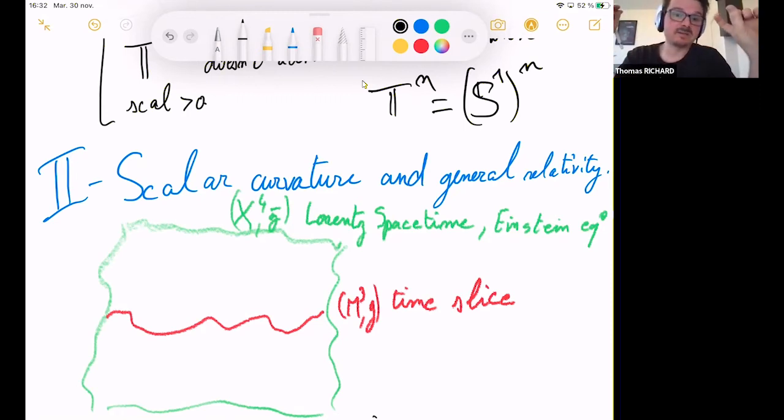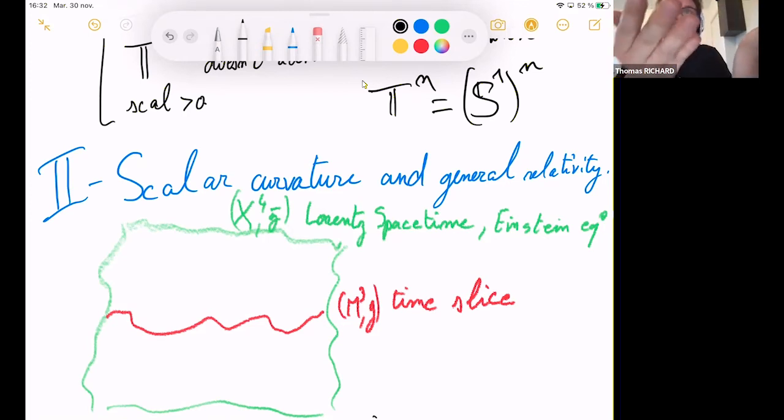So something like minus dt² plus dx² plus dy² plus dz². So a quadratic form of signature (1,3) or (3,1). And inside this space-time, which is supposed to satisfy the Einstein equation, something which can be written in terms of curvature,